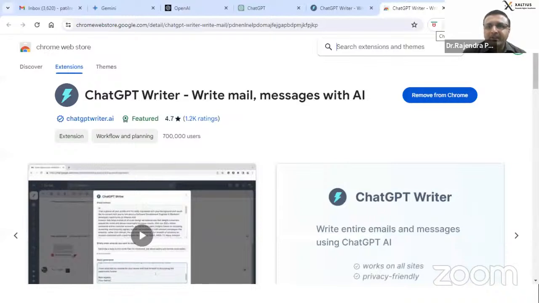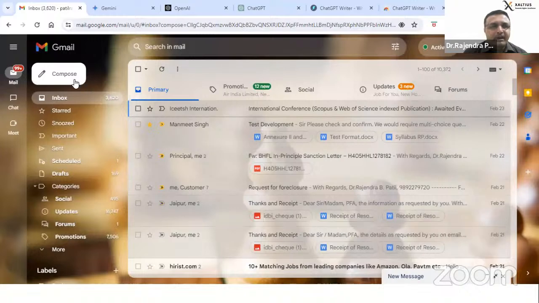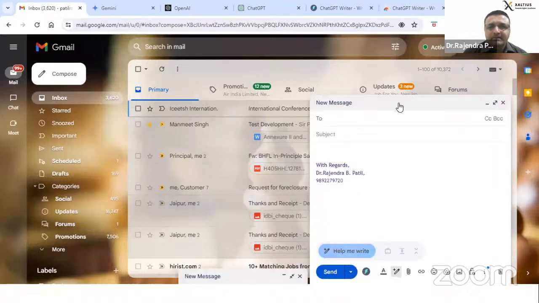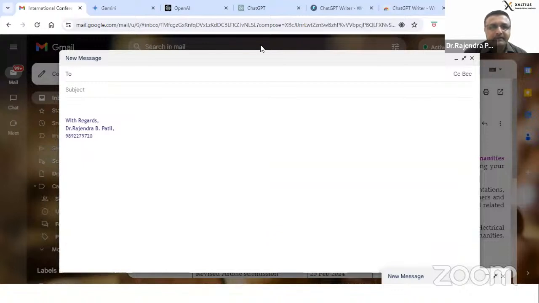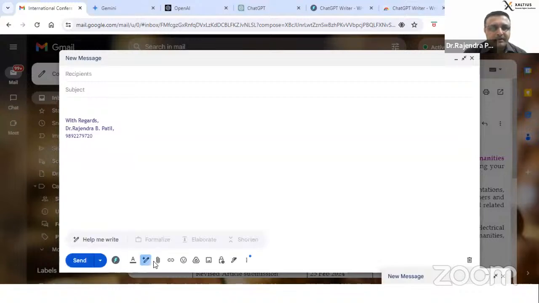And the moment this icon is visible here, automatically you can see that your mailbox is having that icon. So here you can find the icon appearing in your mailbox.